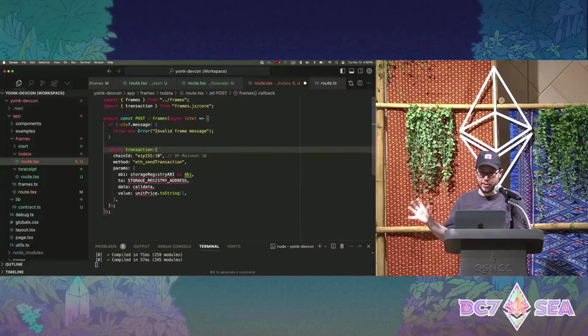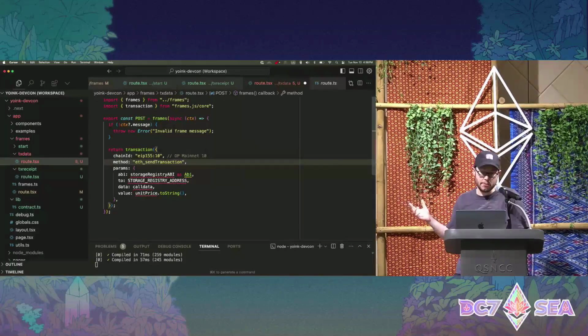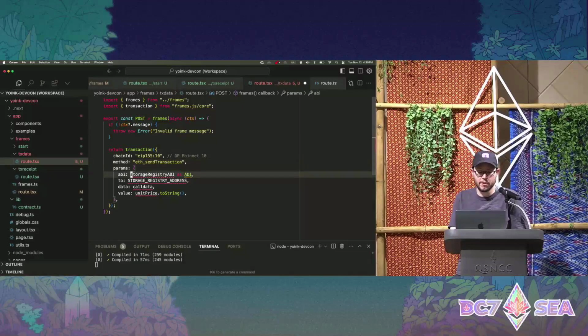So you're going to return JSON that looks pretty much like an Ethereum RPC request. Includes the chain ID, the method, so you can do signatures through frames as well. This is going to be just a transaction, but you could do ETH type signature v4, and then parameters that are, I think, pretty much identical to the JSON RPC call.